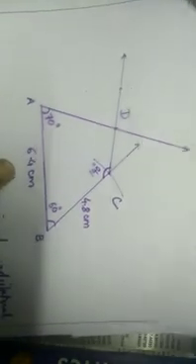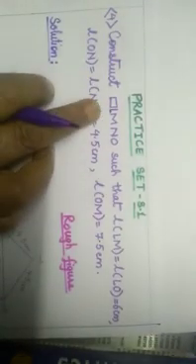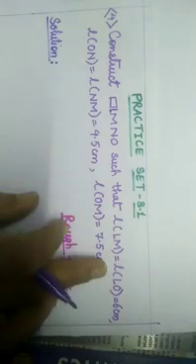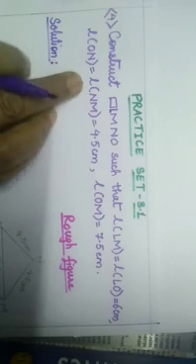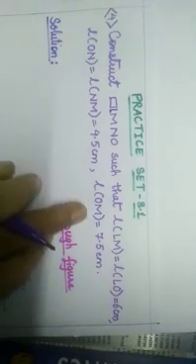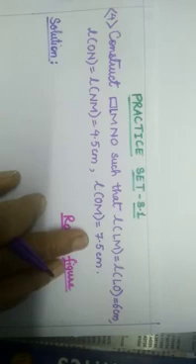Write down the solution and on the right side draw the rough figure and below it the construction part and write down the answer. So as we have finished the third question, let us start the fourth question of practice set 8.1. Okay. Construct quadrilateral LMNO such that length LM is equal to length LO is equal to 6 cm, length ON is equal to length NM is equal to 4.5 cm, length OM is 7.5 cm.